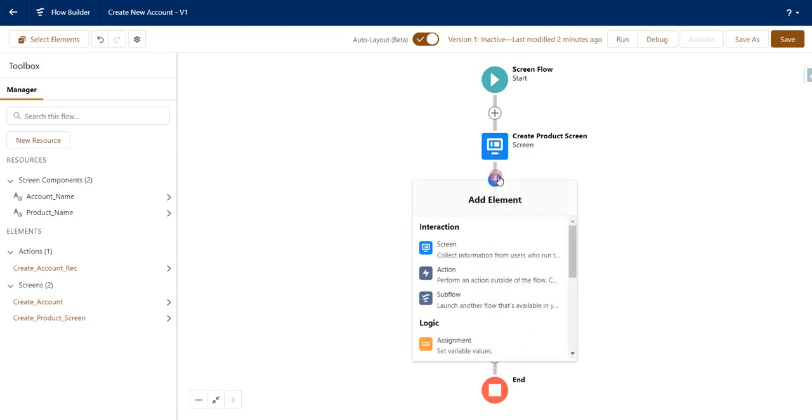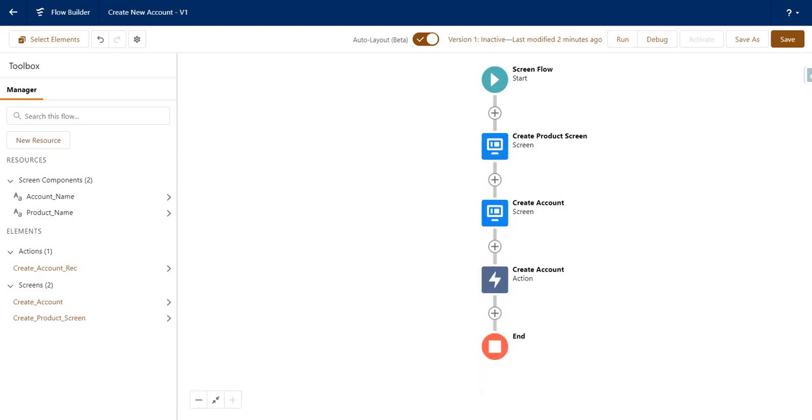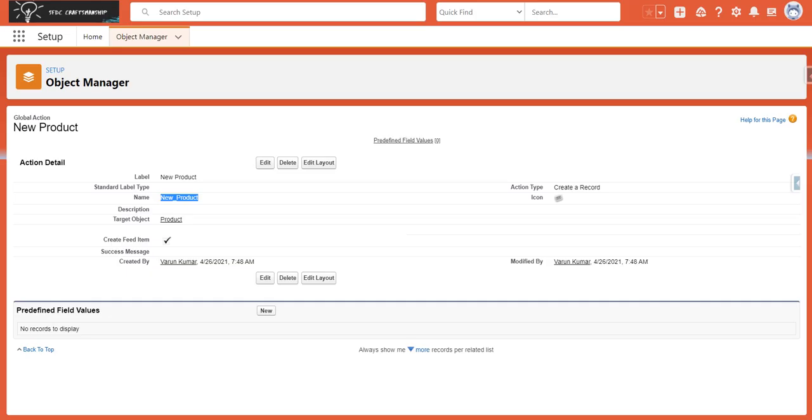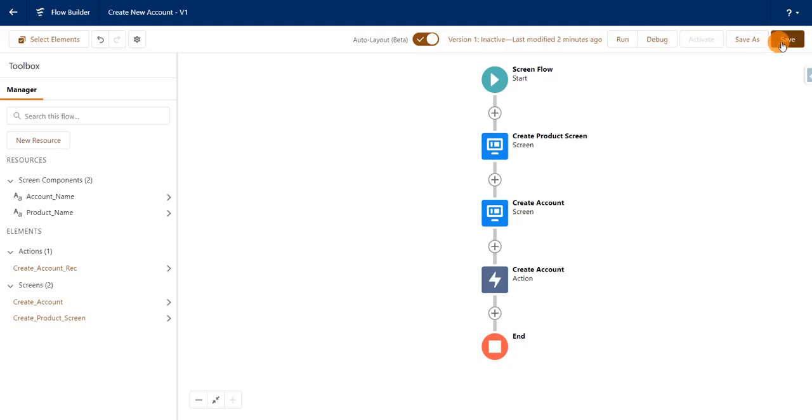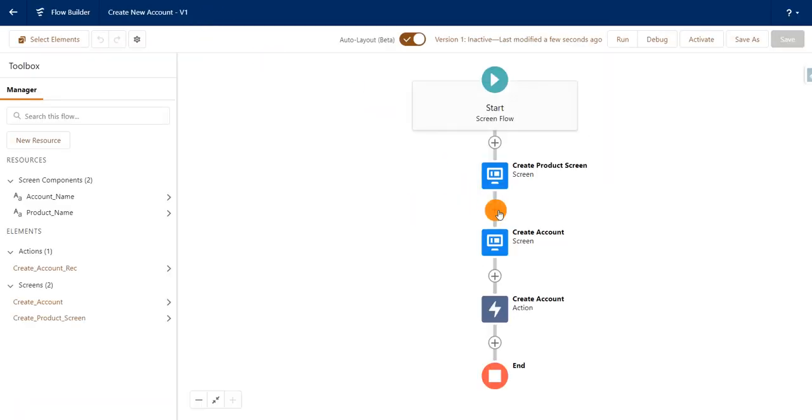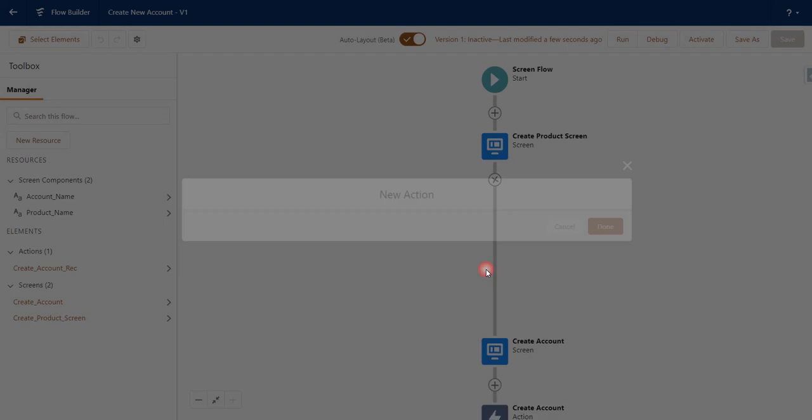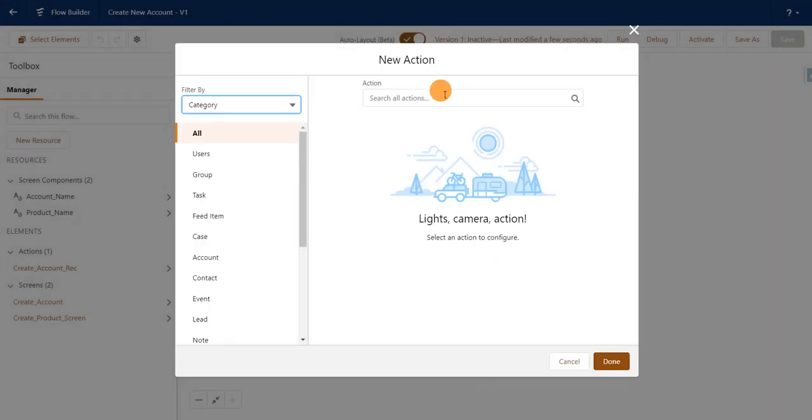Now, we have added our action recently, right? So before that, I'll save this flow and do a refresh here to get the latest actions. I've done a refresh, and here I'm going to add a new action, the action which we created.